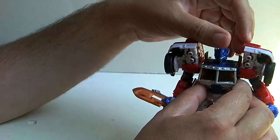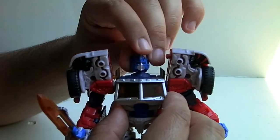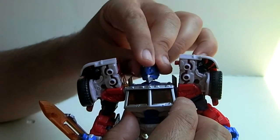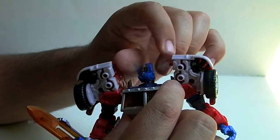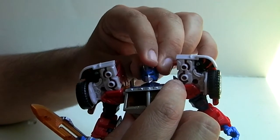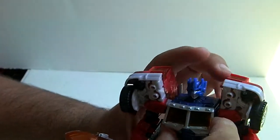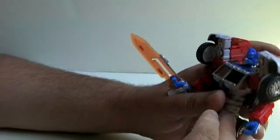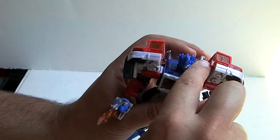So we'll start with the articulation. His head does wiggle a bit. I'm trying to do it without moving the part that transforms. He does do a 360, tiny side to side, and let's see. Arm does a full 360 as long as you don't catch the